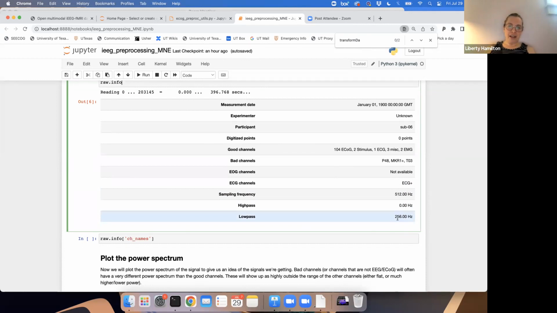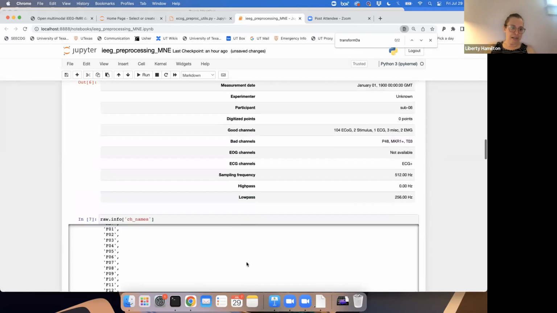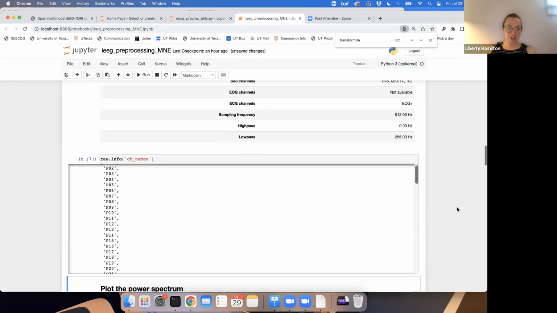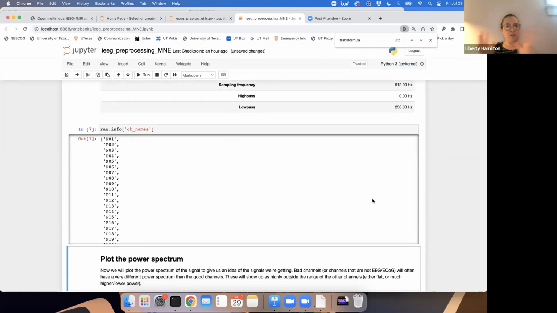If this is half of the sampling rate, then essentially that is the Nyquist frequency, so this is not filtered. You should also probably look at the channel names, and these can give you some idea of where these channels are. But also, this is another thing with intracranial EEG, is that there's currently not any agreement on how to